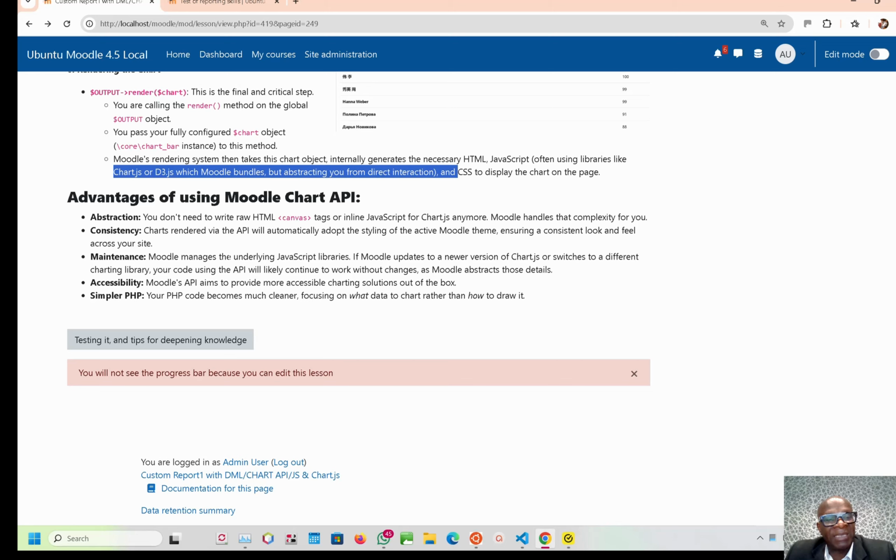Maintenance. Moodle maintains the underlying JavaScript libraries. If Moodle updates to a newer version of chart.js or switches to a different charting library, your code using the API will likely continue to work without changes as Moodle abstracts these details. Accessibility. Moodle aims to provide a more accessible charting solution out of the box. Simpler PHP. Your PHP code becomes much clearer, focused on what data to chart rather than how to draw it. So that's essentially the advantages of Moodle Chart API over Moodle